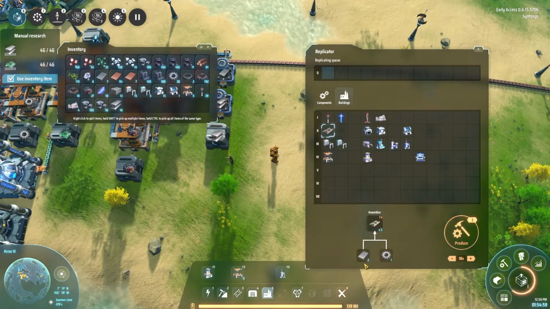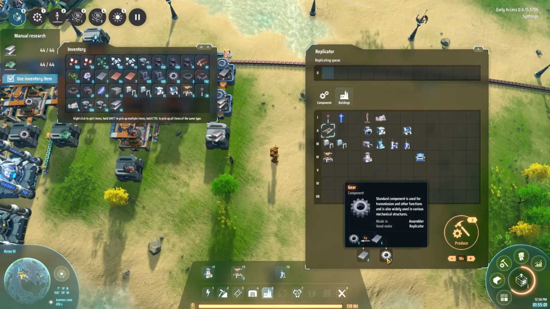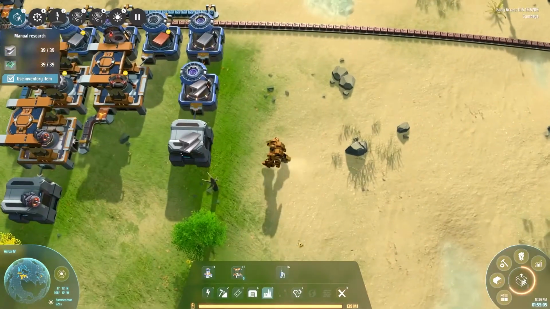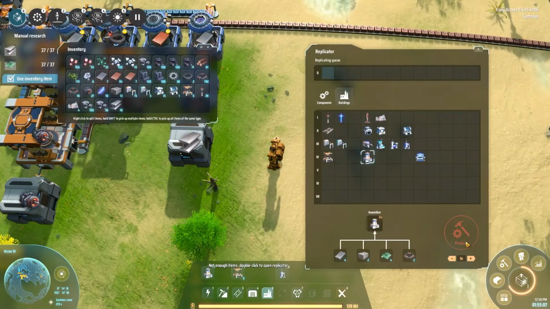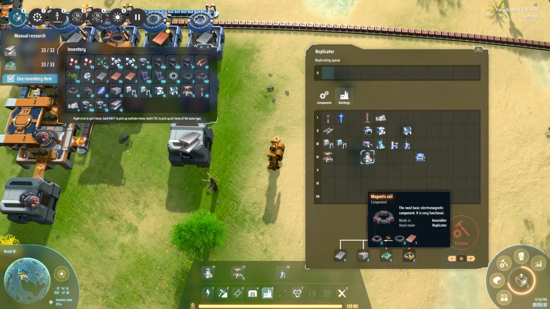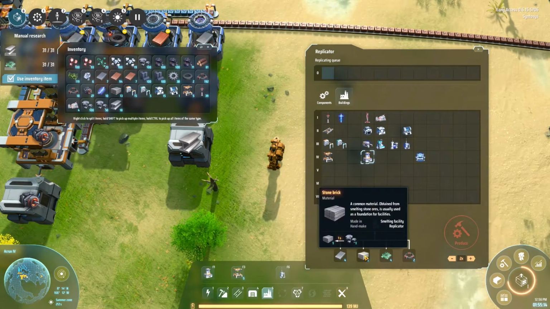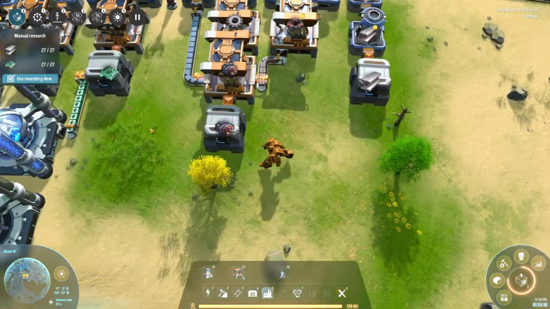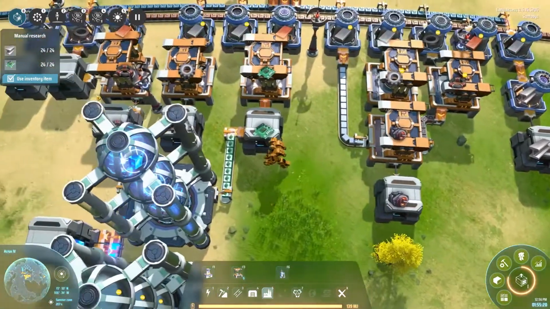So we're going to start with this, so it's 2 iron and 1 cog. So let's get some smelters, which I can't do for some reason. What are we running low of? Probably copper or iron, I would have thought. So if we go over to the iron and copper store,